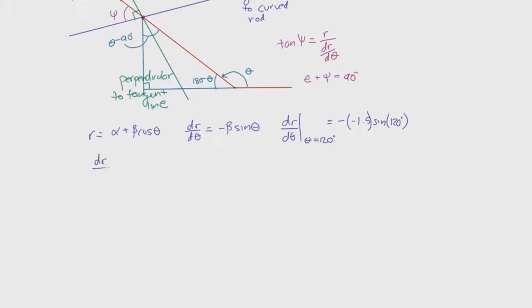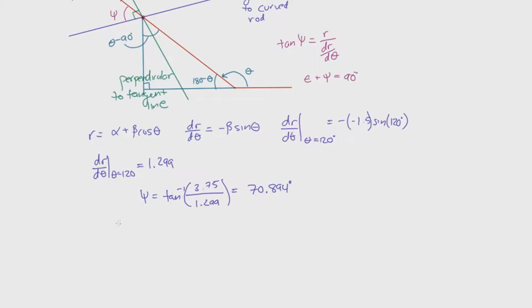So that's going to be dr d theta. Theta equals 120 is simply going to be 1.299. So if we solve for phi, we could say that phi is simply the tan inverse of 3.75, that is r when theta equals 120 degrees, divided by 1.299, and that's going to give you an angle of 70.894